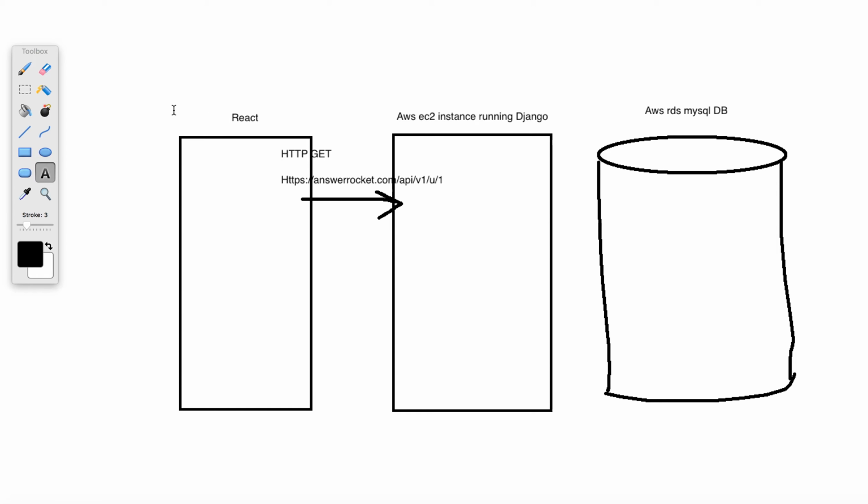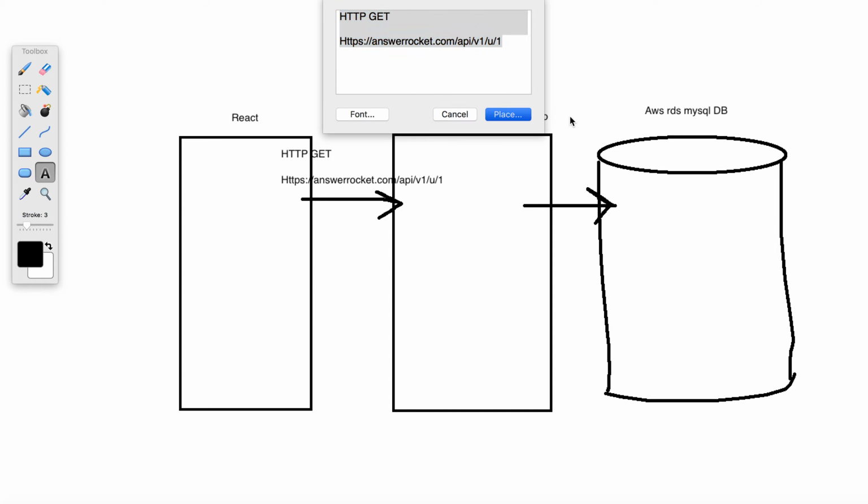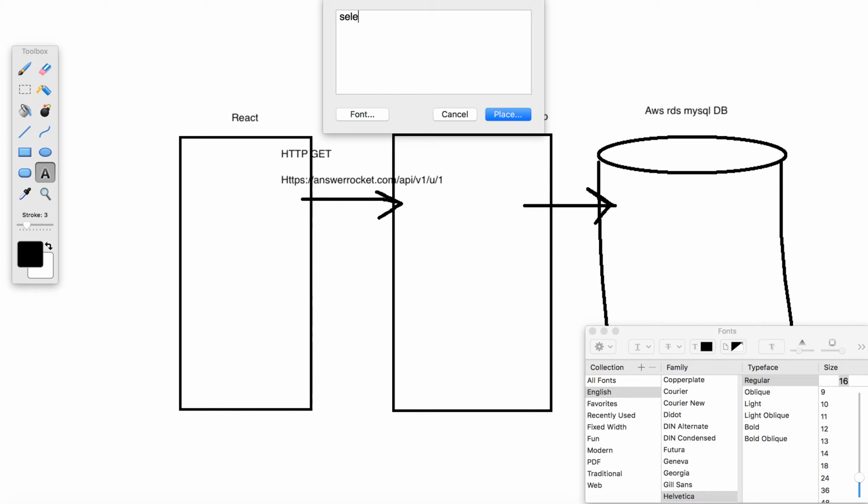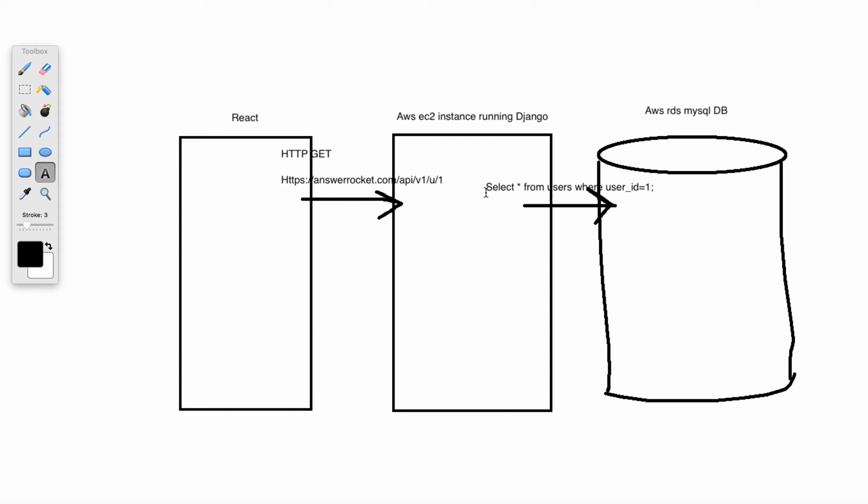So our Django instance is going to get that, and we are going to query the database. And so that query might look something like this. Select all from users where user ID is 1. So after that occurs, our database is going to send back the requested data. We can perform any post-processing that we need to do on our EC2 instance, and then we might send back